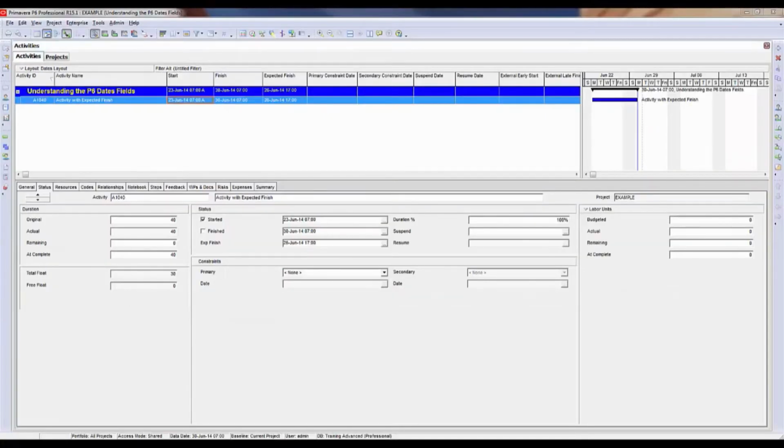Using expected finish dates can be beneficial for project activities where they are possibly long duration activities. I typically support downstream and upstream outages in the oil and gas industry, so turnarounds. Our turnarounds are typically scheduled in hours and much smaller duration activities. I wouldn't use an expected finish for turnaround scheduling, but for longer duration activities on longer duration projects, you may